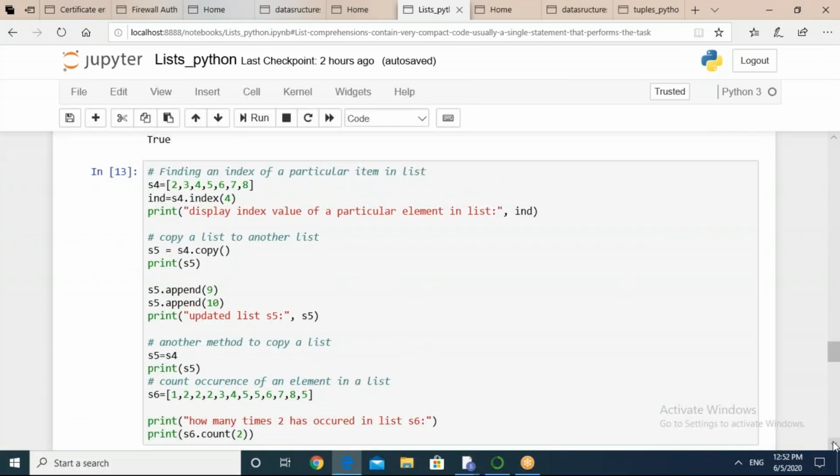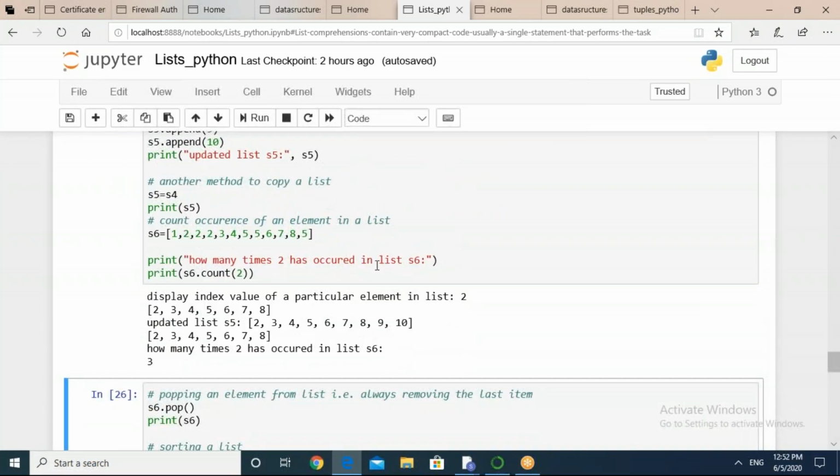So I was here at this point and we covered up to this. I have covered this count method earlier also. So I hope you remember why this count method is needed. Count is going to be used with respect to list also. And in count, you can perform such kind of operation like count the number of occurrences of a particular item in a list. So you need to mention a particular item within the parentheses.